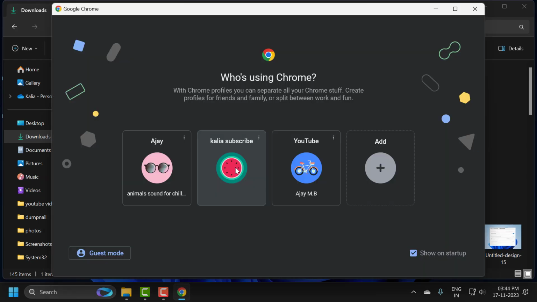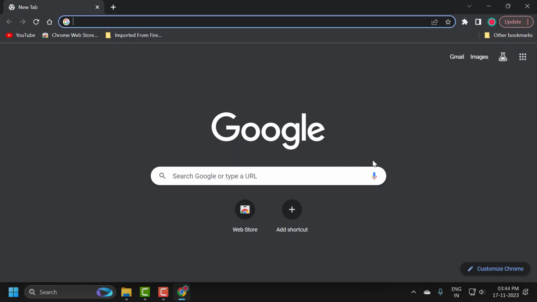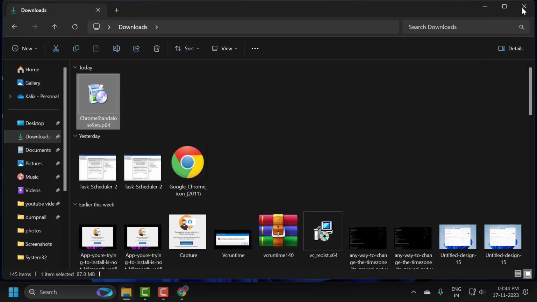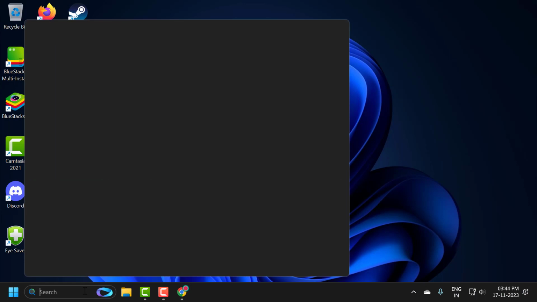Now we have installed Chrome, guys. As you can see, the browser is asking us to update it in the upper right corner. To prevent automatic updates, we need to disable some Google services, guys. To do this, you just need to minimize this and close it off here and go to the search menu